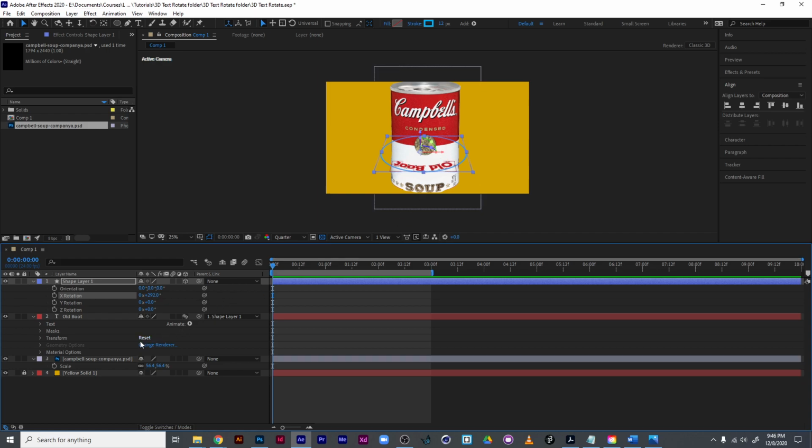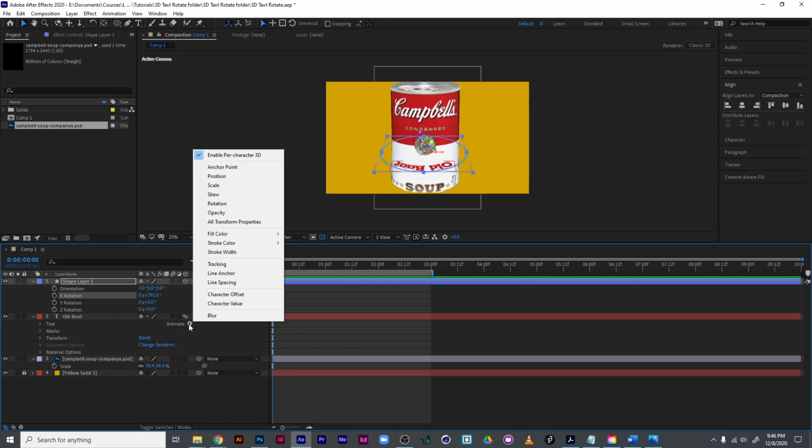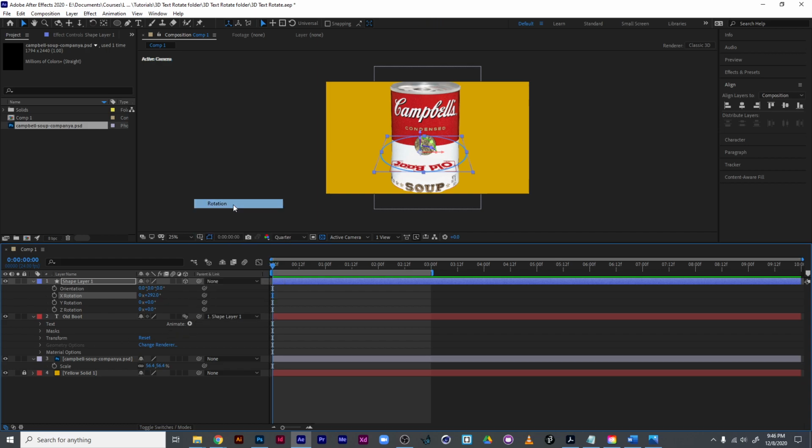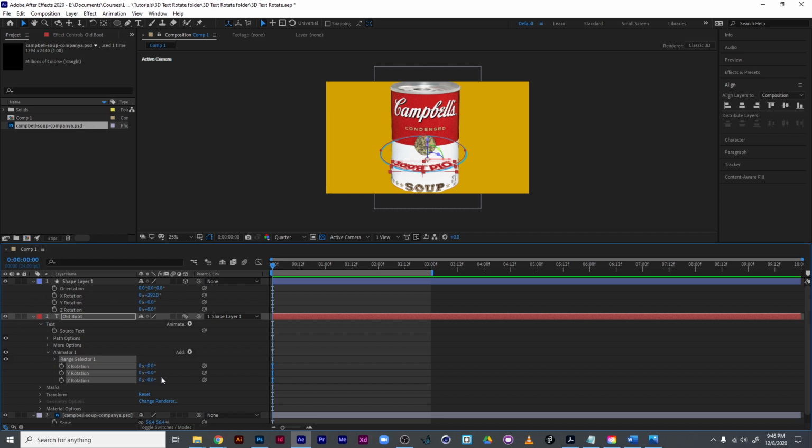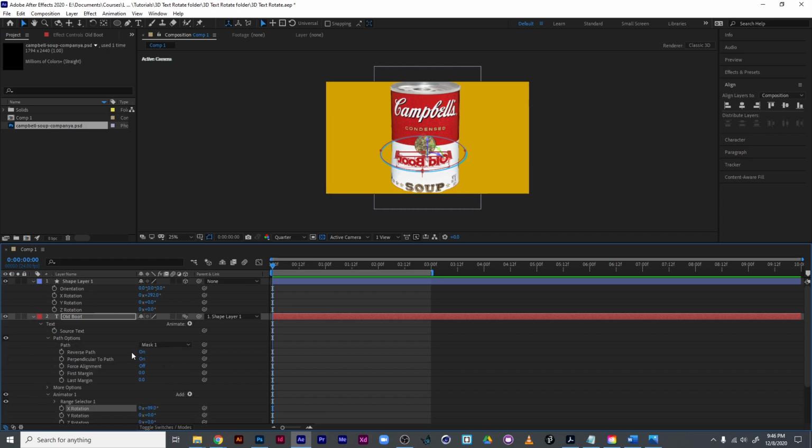So what we're going to do is go to Animate, Rotation on our text, and let's rotate our text up. So we need to rotate it in, here we go, old boot, like so. And we do need to reverse our text. So let's come down and let's go to reverse path. There we go. So now our reverse path is